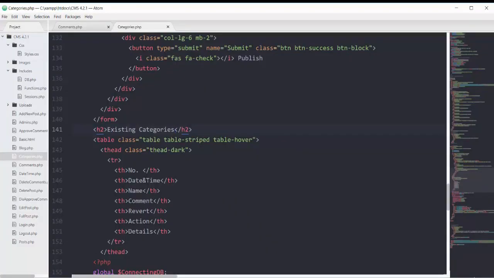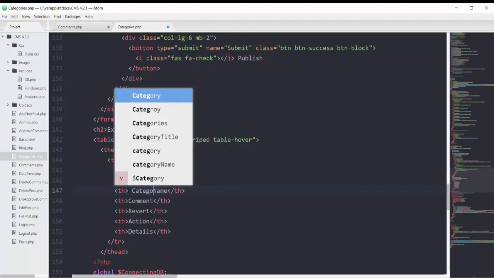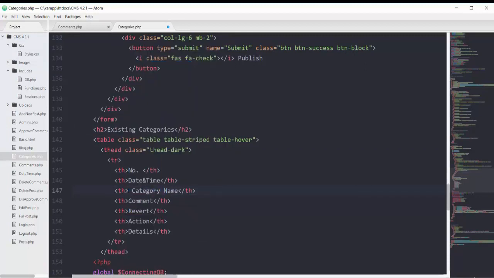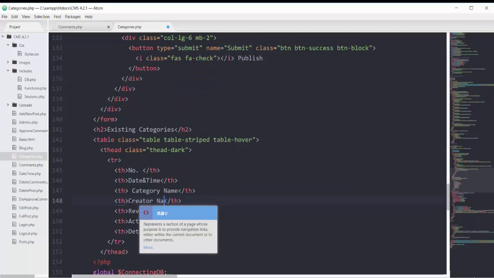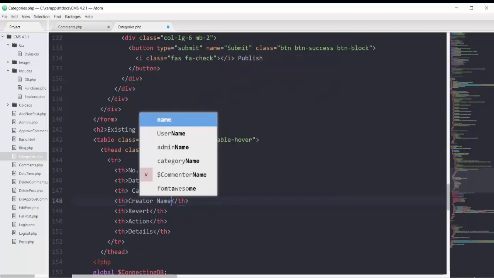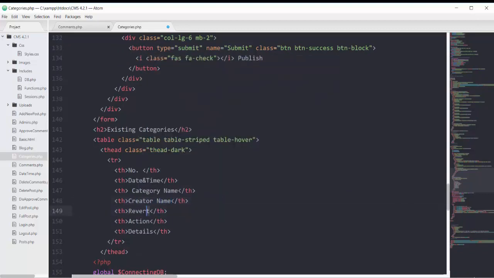and now you can see we have number column, date and time, and then instead of name we will have a column of category name, and then we will have our column of creator name, and at last we will have our column of action.